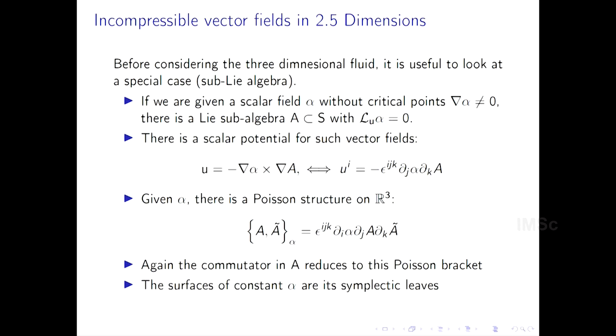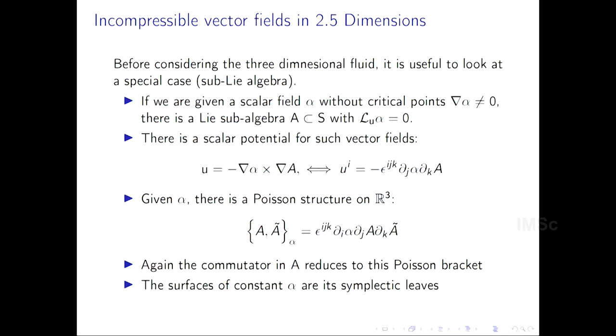Okay. Now, what I really want to do is to generalize all this to 3 dimensions. And immediately you can see there's a problem. You cannot have a symplectic form in 3 dimensions. So it cannot be that obvious. But here is sort of halfway there. So it's useful to study an intermediate problem before looking at the full 3-dimensional case.